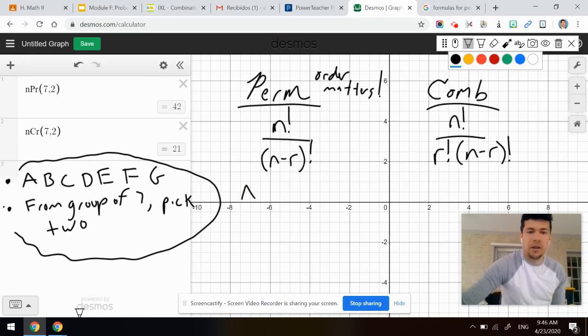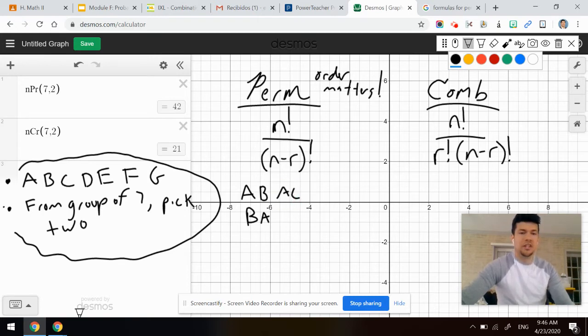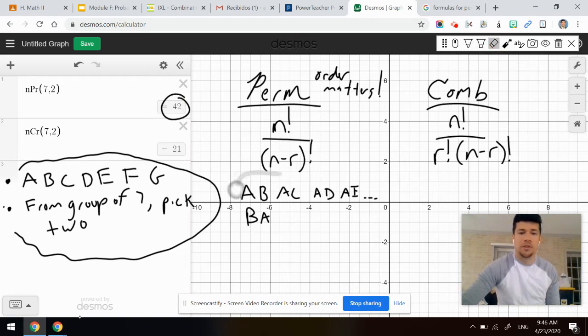Which means that if I group together A, B, that's one of my possibilities. Apparently there's 42 different permutations. BA is another possibility, and those two are distinct, right? So if I would write down all my permutations, which is AB, AC, AD, AE, et cetera, and then go on with BA, BC, with all of these, I would apparently come up with 42 different permutations. The way that works